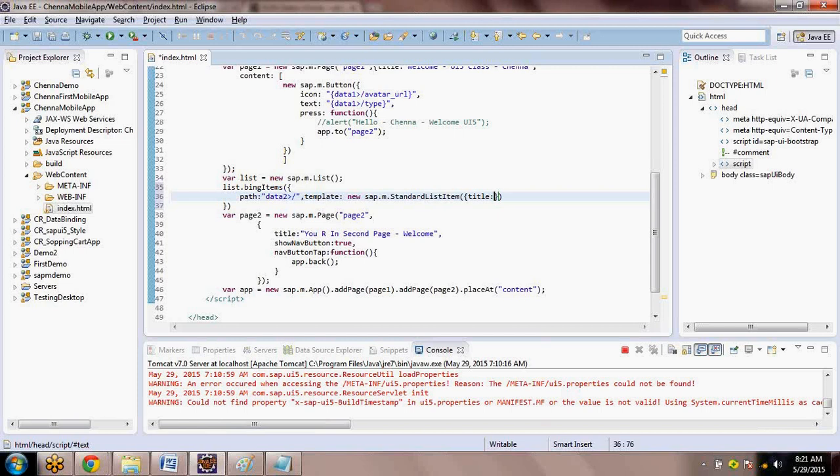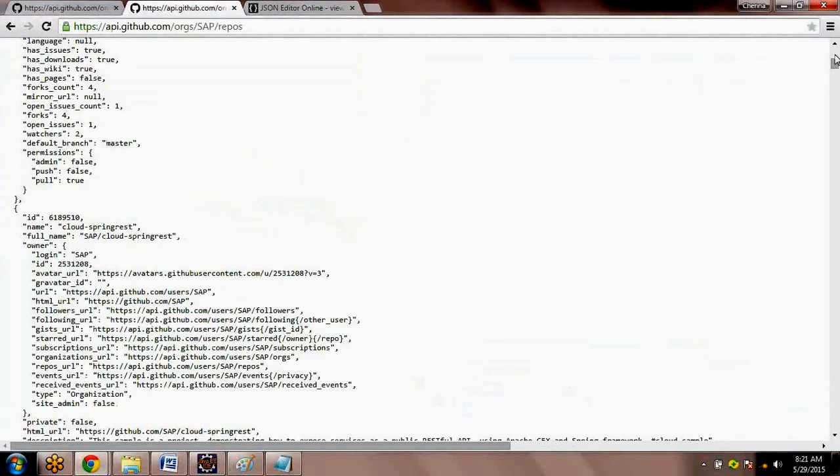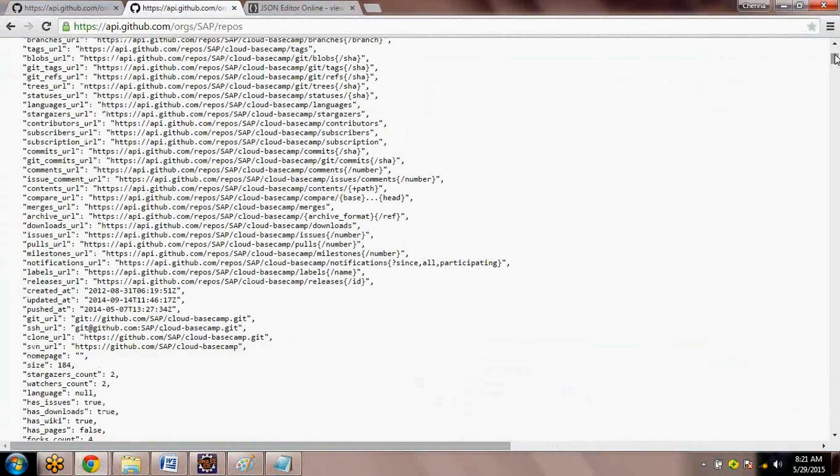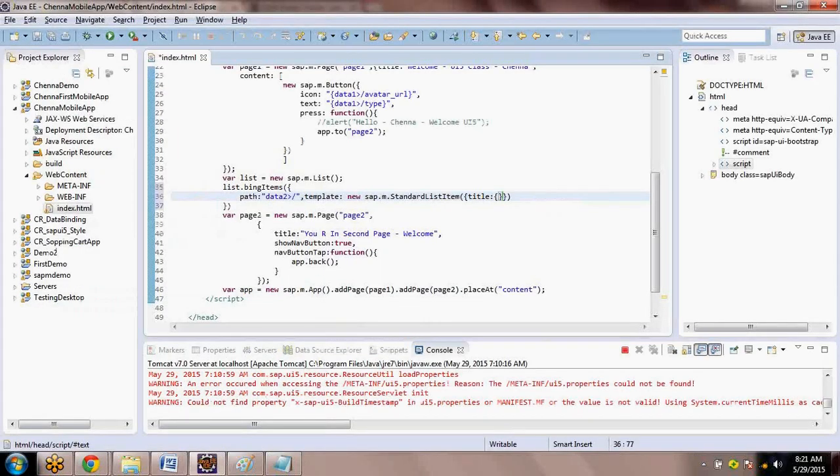What is the title I need to have here? It's a name, right? This one I want to give as a title. Inside the list I'll be having this, so the title will be coming from the JSON. That's nothing but data2 greater than name. Now end this.